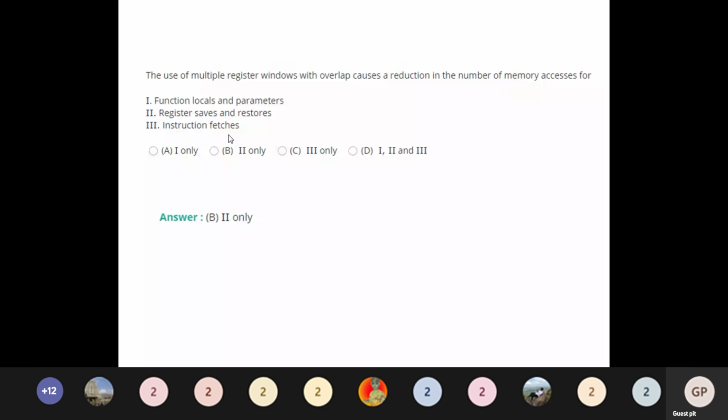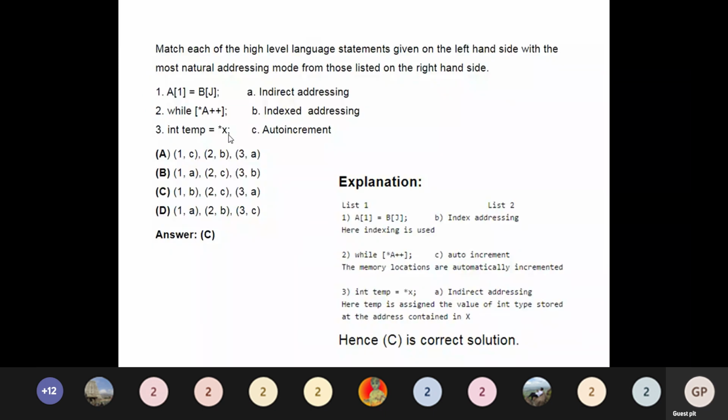A1 is equal to B[j], that is, A[1] and B[j]. The next statement is while (*A++), and the other statement is int temp = *x. So three statements are given. You're supposed to match them with the right side column data, which is indirect addressing, indexed addressing, and auto increment.